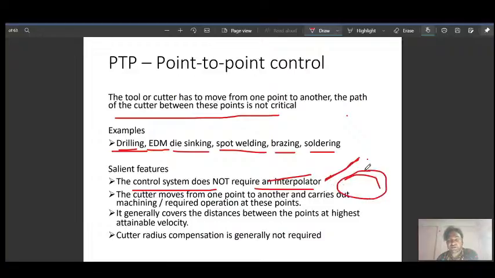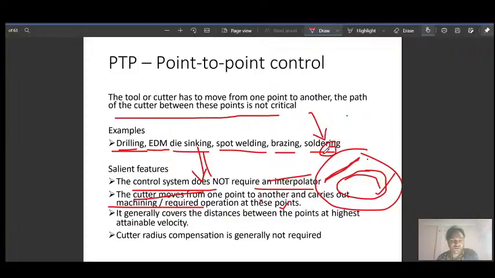Circular can be clockwise or anti-clockwise, and linear, as you know, is straight, and it can be contour. Next, the cutter moves from one point to another and carries out the required machining operation at this point. So no interpolator is required, and simply the cutter goes, does work at one point, comes out, and then goes to another point and does its job.